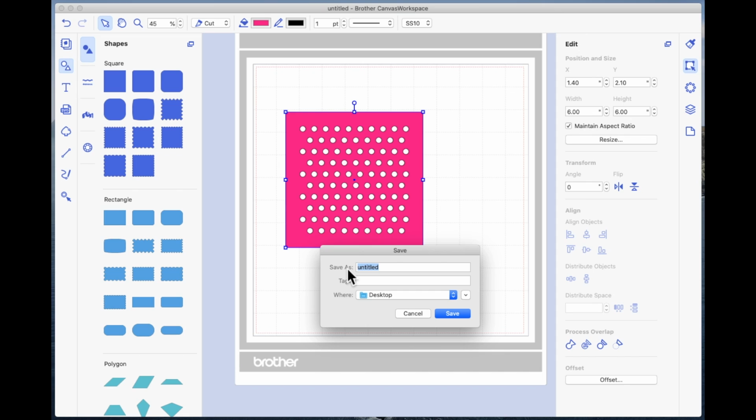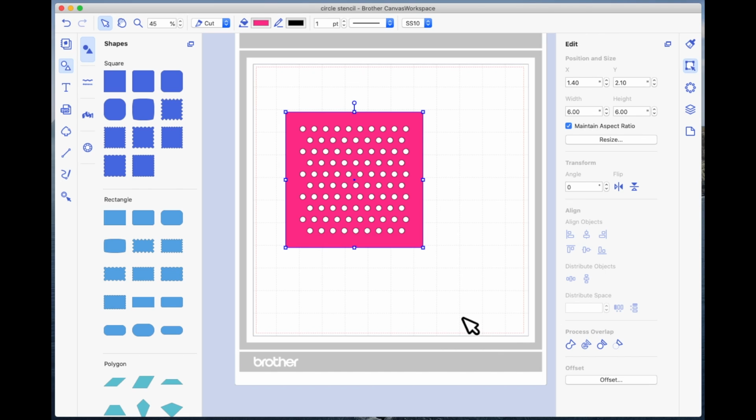So if I put in here, Circle Stencil, and save it just on my desktop, that file is saved as a Canvas Workspace download program,